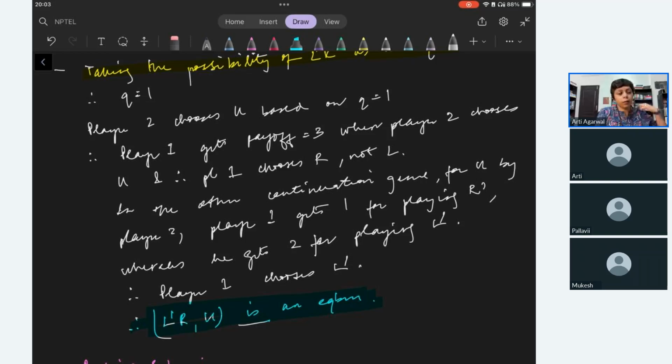After we calculate Q, we calculate the payoff of player 2 first, because we're doing backward induction. Based on the payoff of player 2, we ascertain what the strategy of player 2 is. Then, when we know the strategy of player 2, we see whether player 1 is actually playing his best response